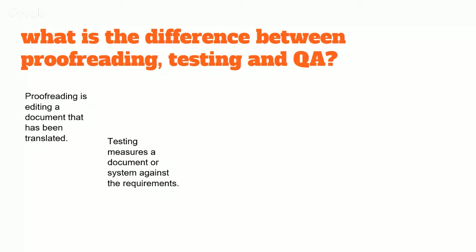So there's the source, and then there's the target and the source. Sometimes those are actually more QA. Actually, I'm correcting myself here. But testing is kind of they provide the requirements, and then you go through the document or the content and make sure it meets the requirements. And sometimes them providing the requirements is really just the source. So you're looking at the translated text and you're making sure it matches the source or the expectations.